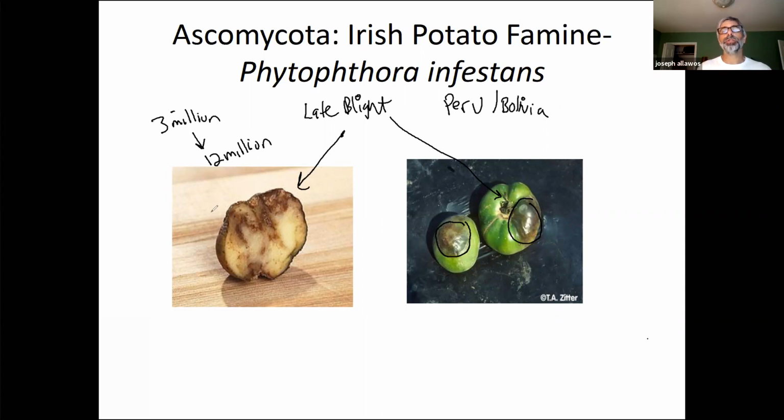Potatoes are very nutritious, particularly if you eat the skin. You can actually survive for a very, very long time eating nothing but potatoes. There's just enough vitamin C in the skin and potassium and micronutrients, and certainly plenty of carbohydrates to live a long time, okay? So the Irish really loved their potatoes. Well, everything was rolling along until the 1860s, when they had a particularly wet summer in Ireland,